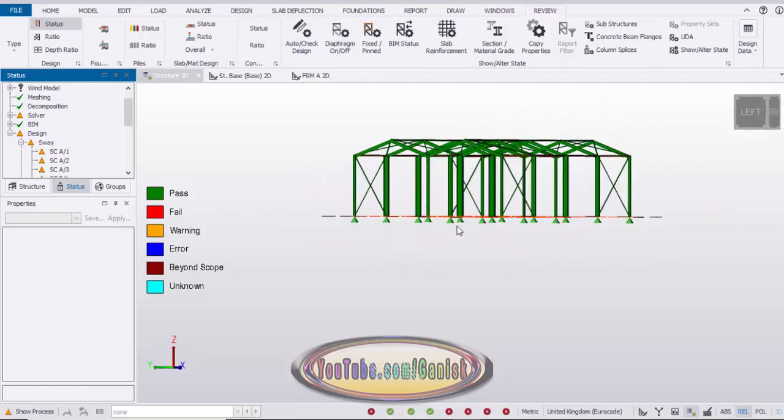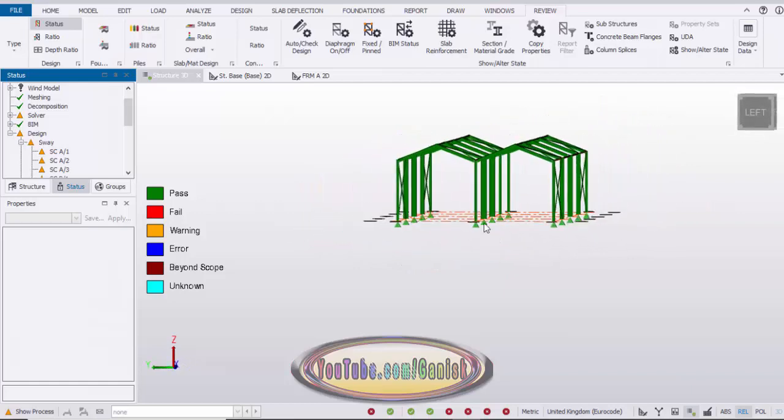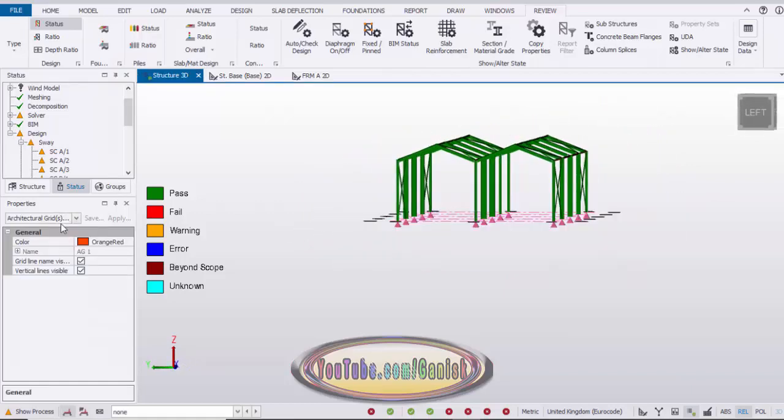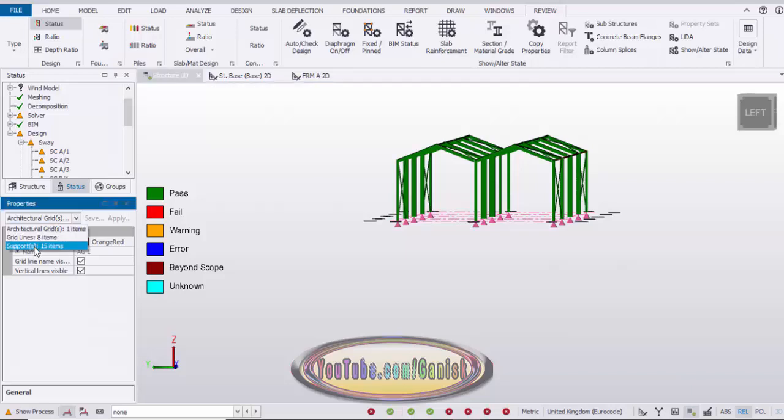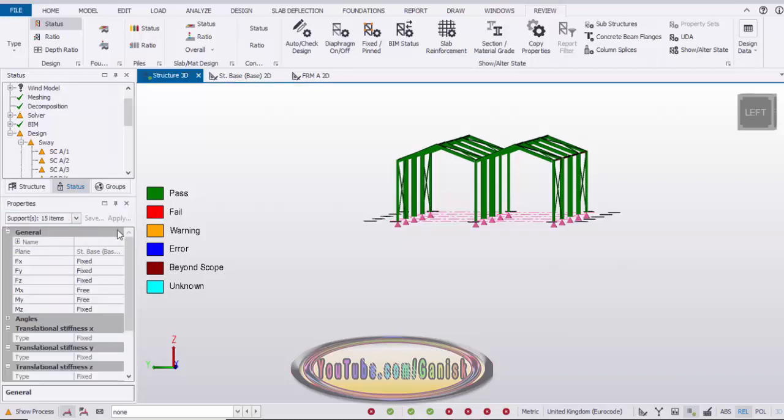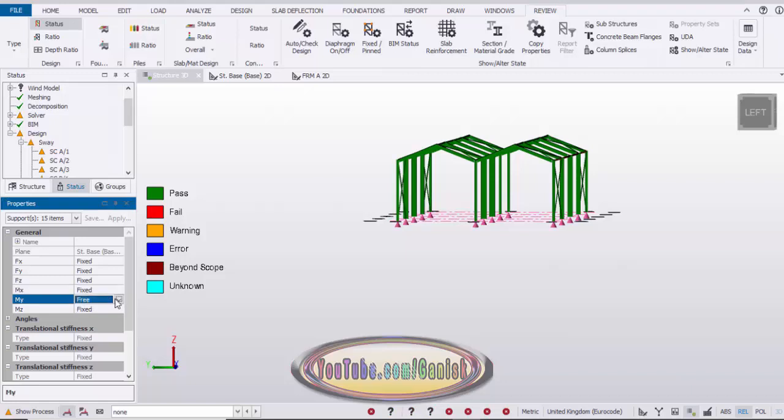So scroll it down like this and drag and select all supports. Now click on here and select this support option. Currently we have the pin support, so now we're going to change it into the fixed support. So click on here and select here fixed.